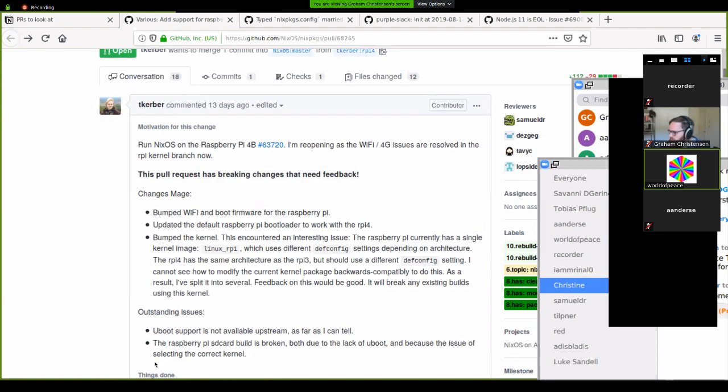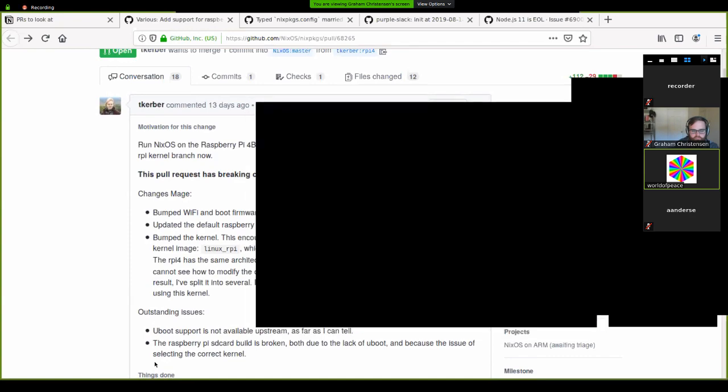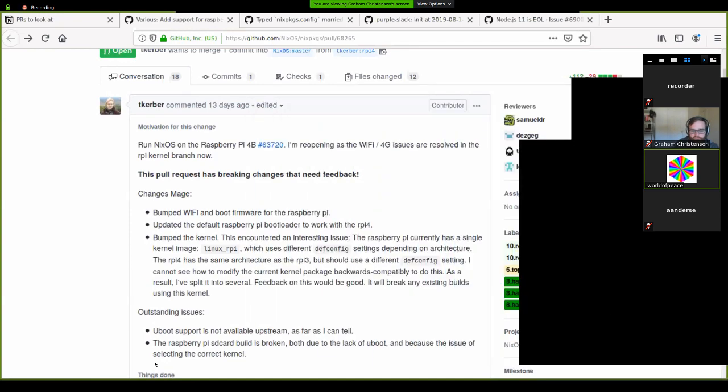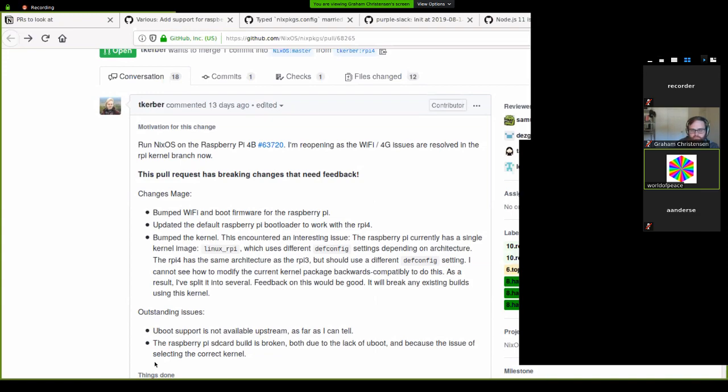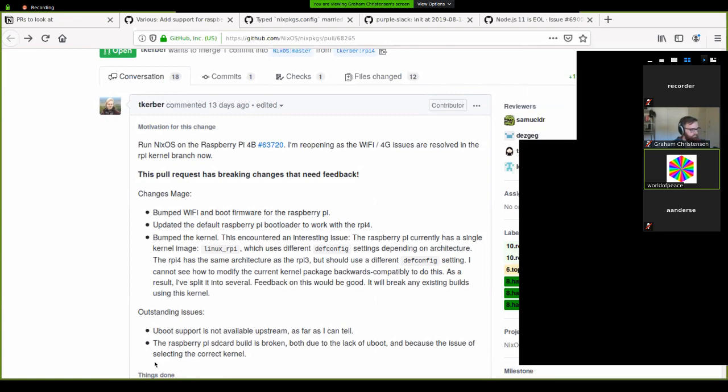And since upstream U-Boot currently doesn't work for the Raspberry Pi 4, and there's already work for upstreaming it, this means that we need something in between the time it gets mainlined in U-Boot and the kernel, to make a downstream build of the Raspberry Pi kernel and a specific image for the Raspberry Pi.